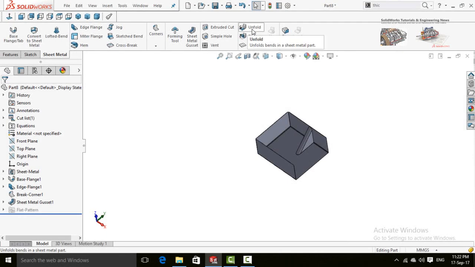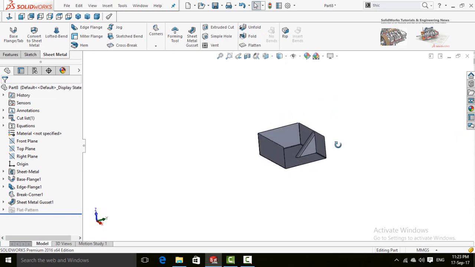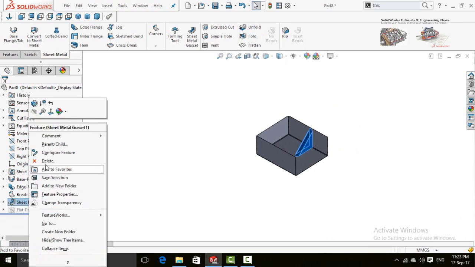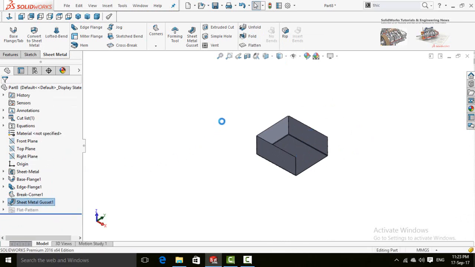So now we have unfold command. It works quite similar to flatten command but manually. To use this unfold command, our sheet metal part don't have the gusset feature, so we have to delete gusset feature first. Delete it. Now it will work.